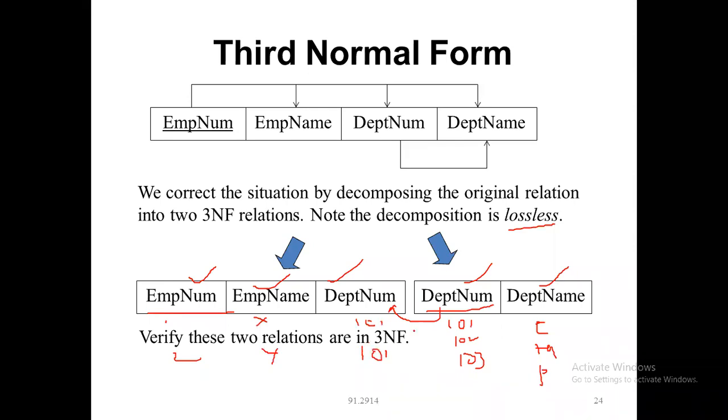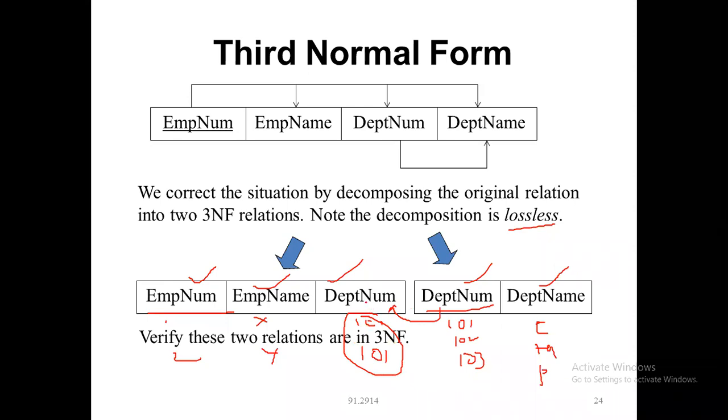So here 101 is repeated. Here I can have this kind of thing, so I don't have any problem. Instead of putting everything in a single table, I'll get confusion, because I cannot hold all this in a single table. If I don't split, here I'll get the duplicate contents. So we cannot trace out which person is working in a different department, and whether that particular department exists or not. So I cannot put any restriction on that.